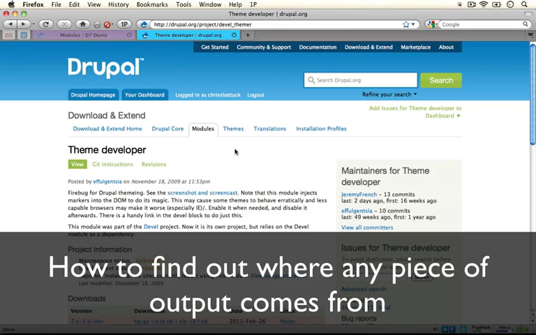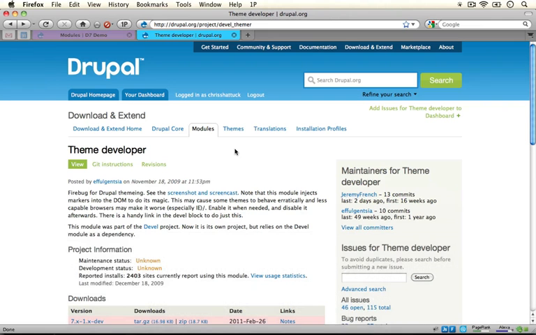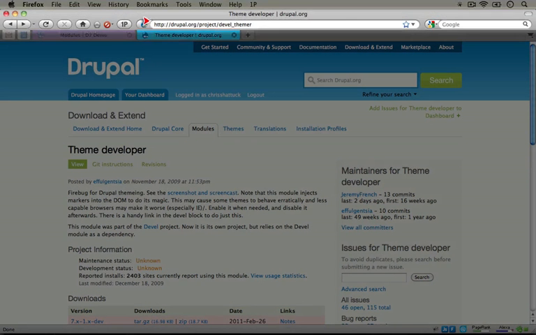So in this next part, what we're going to do is take a look at some techniques for figuring out what theme function or template file is responsible for the output on the page. It's really hard to track down without a couple simple tools. So the first one I wanted to show you was called Theme Developer, and this is at